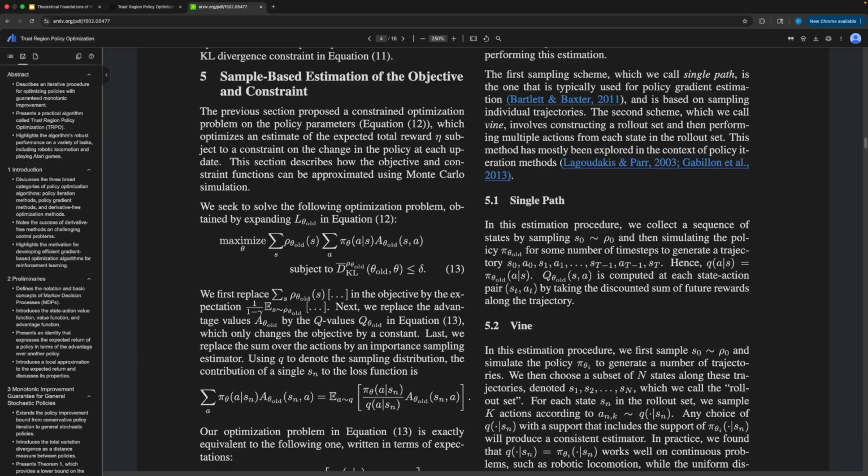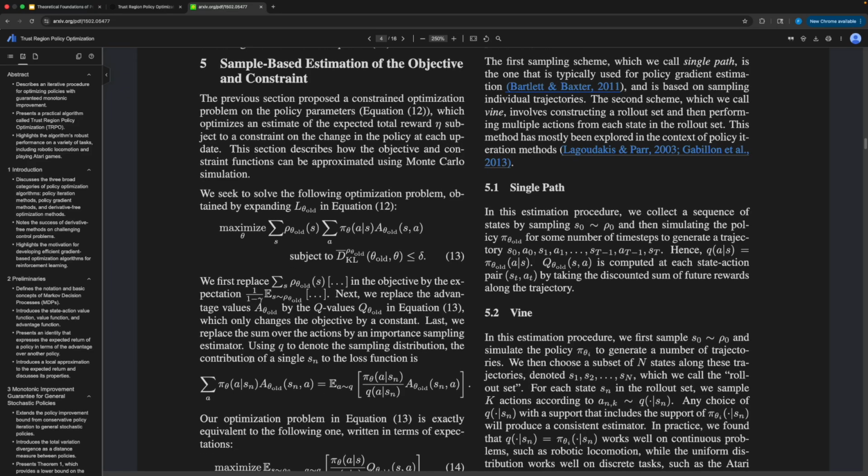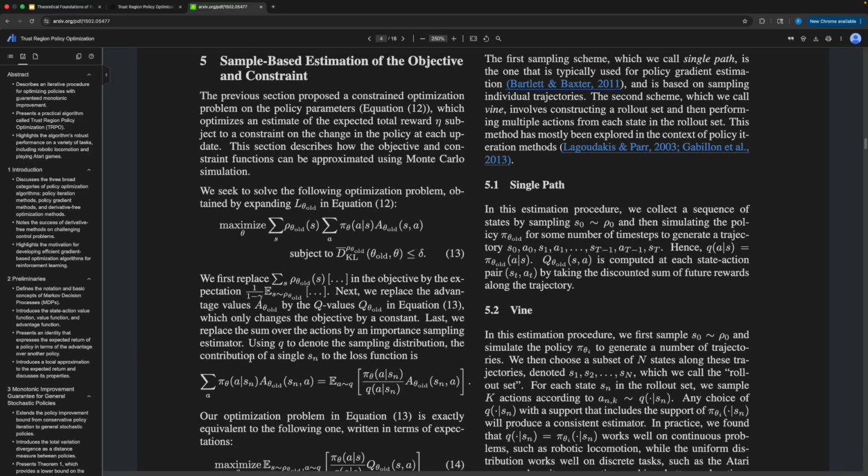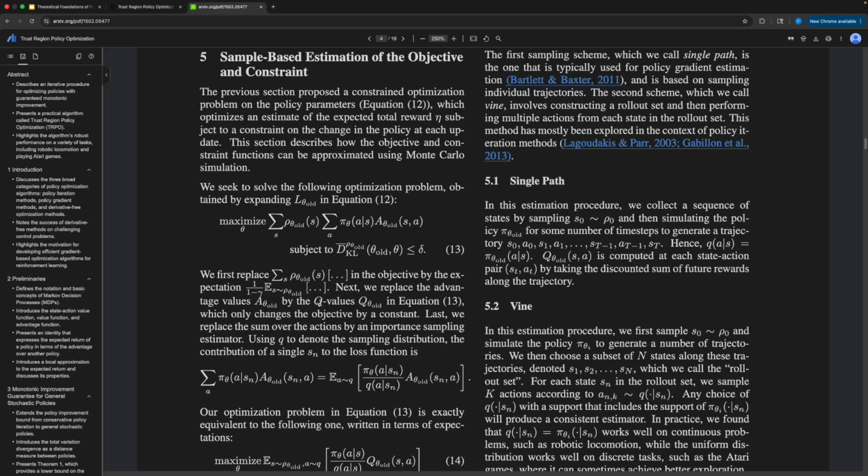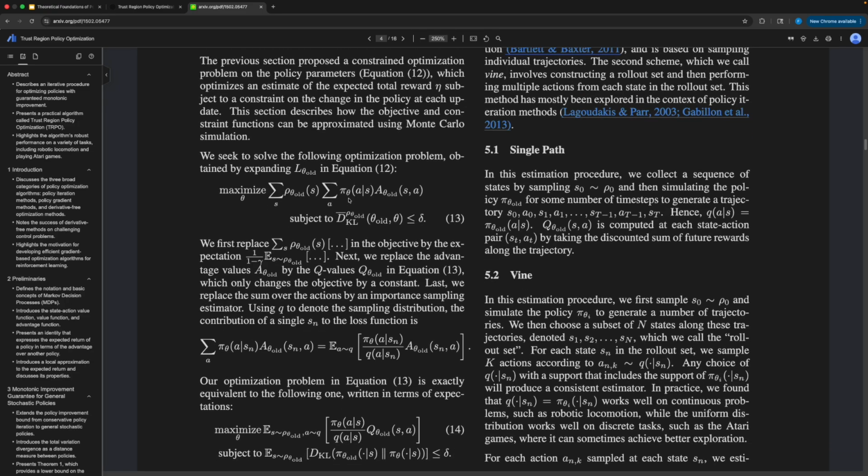Similarly, if we see here, the summation over all a of pi theta a given s times A of theta_old s a can be seen as the expectation of actions being sampled from your policy pi theta of this advantage, and we can do an importance sampling